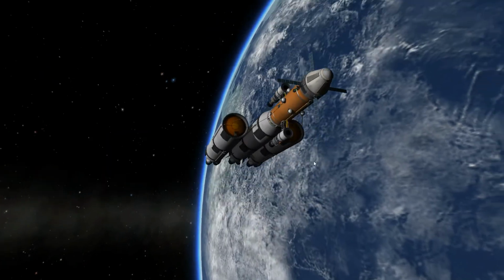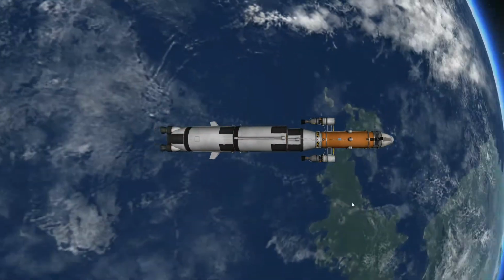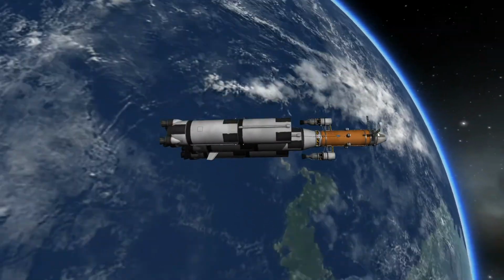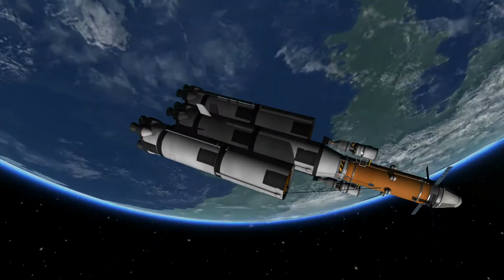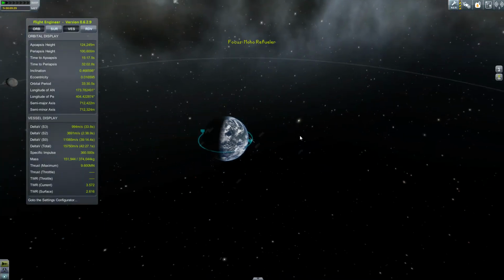So here we have the Moho Refueler in all its glory around the beautiful blue, white, green planet of Kerbin with its nice white wispy clouds, all thanks to the Astronomer's Visual Pack. Anyways, what we're basically going to do in this episode is get this craft out to Moho,